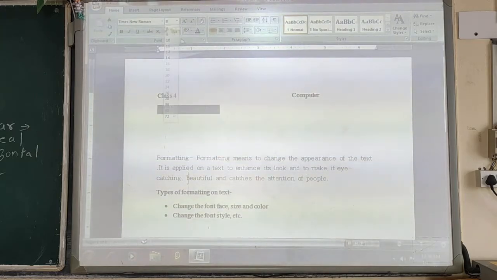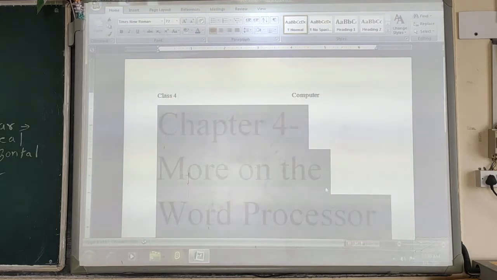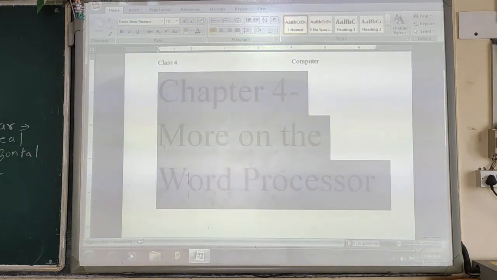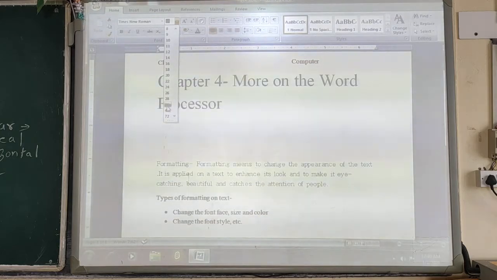So this is the font size of 8. Okay, and if you go for the maximum, this is the maximum size, that is the font size of 72. Okay, and as soon as I go on changing, you can see the size of the font goes on decreasing.